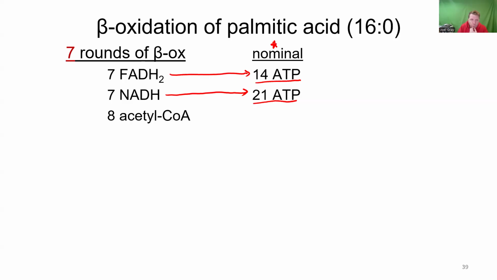7 rounds of beta oxidation. We will get 8 acetyl-CoA. Now, this is a number that always kind of distracts people because they're like, wait, why is it not 7? Well, the point is the last round of beta oxidation gives you 2 acetyl-CoAs. From those 8 acetyl-CoA, when you plug these into the Krebs cycle, you'll get 8 GTP. Those GTP are basically the same as ATP. That's why I've referred to it as ATP from it.